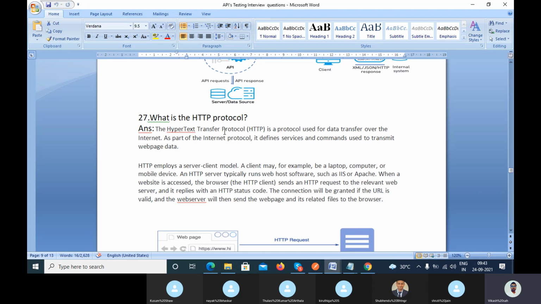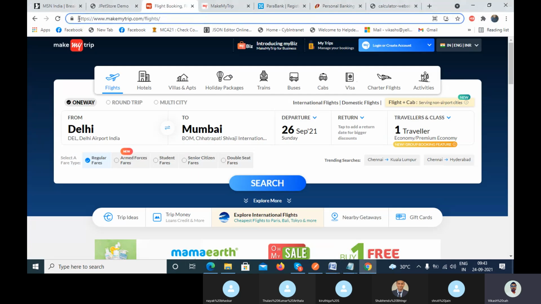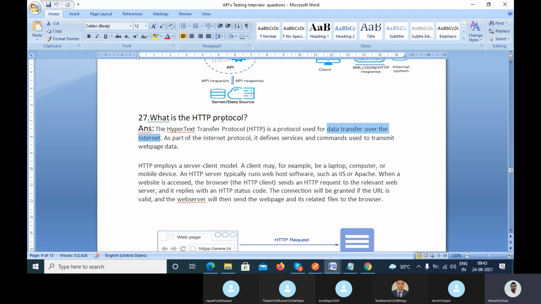Right, now let's come to the HTTP protocol. What do you mean by the protocol? I have explained it to you multiple times. HTTP means hypertext transfer protocol. It transfers information over the internet. So that is the HTTP protocol, and in that protocol the client and server transmit the data.